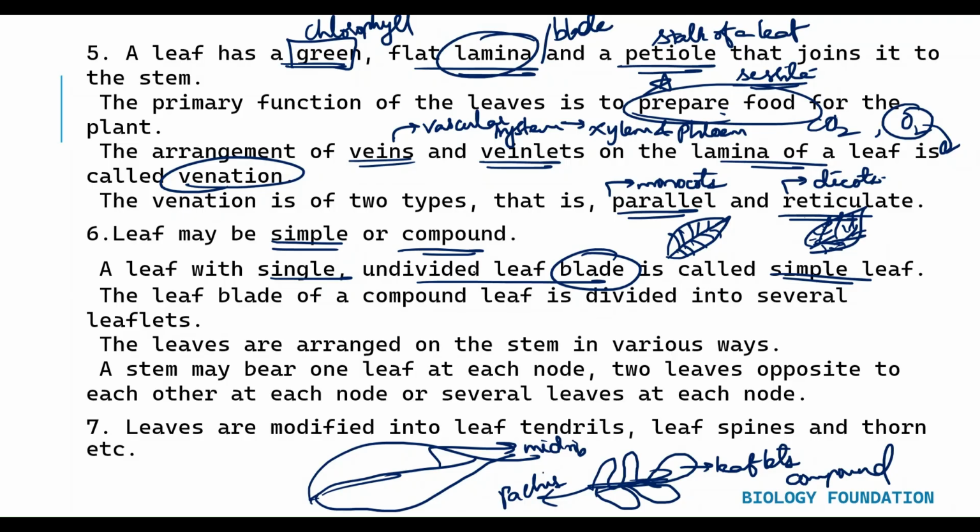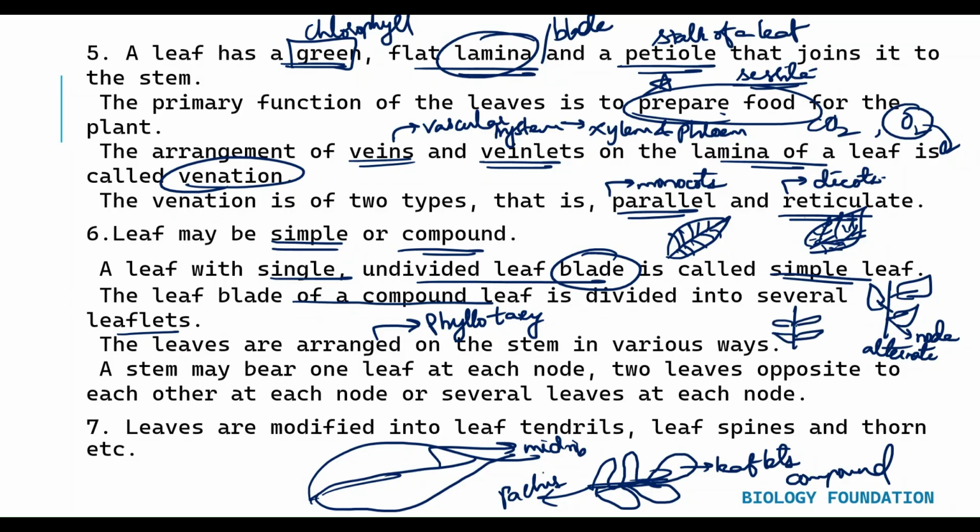Okay. The leaf blade of a compound leaf is divided into several leaflets. The leaves are arranged on the stem in various ways. This is what we call phyllotaxy, the arrangement of leaves on the stem. Now, the point where the leaf arises on the stem is called the node. If the leaves arise alternately at the node and a single leaf is arising at each node, then it is called alternate phyllotaxy. If from each node two leaves are arising and they are opposite to each other, then you call it opposite phyllotaxy. If from a single node many leaves are arising, okay, then you call it whorled